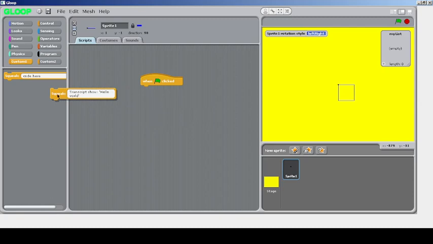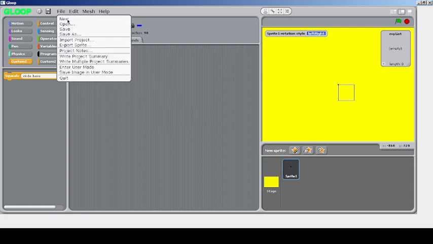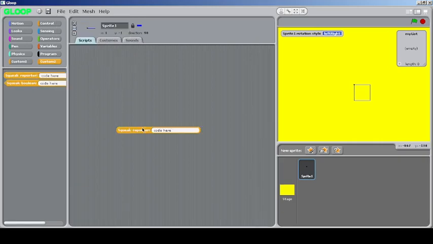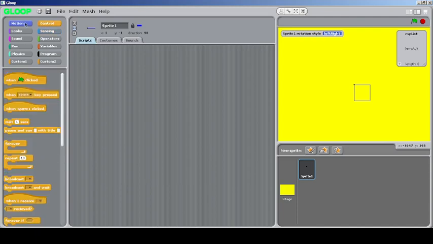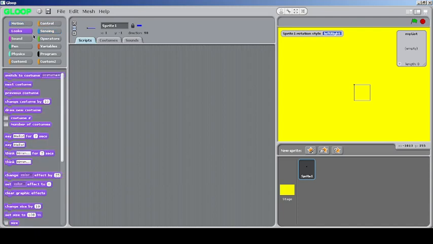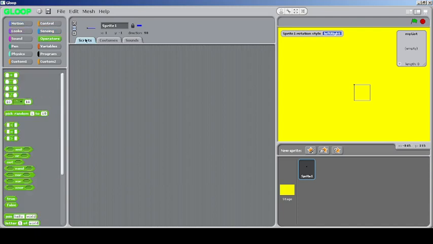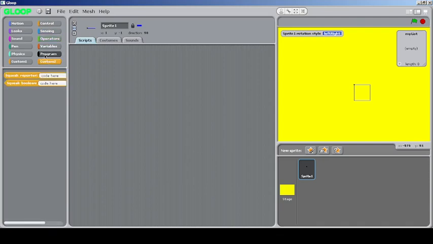Anyways, let's get back to the user mode as usual by clicking enter user mode. There's a Squeak reporter over here as well. As you can see, this is the Squeak reporter block, but I don't know what code you put here. Of course, not the same code I put over there, because this is just for the reporter and this is a boolean block. Anyways, I think that's all I can say about this mod, and I hope